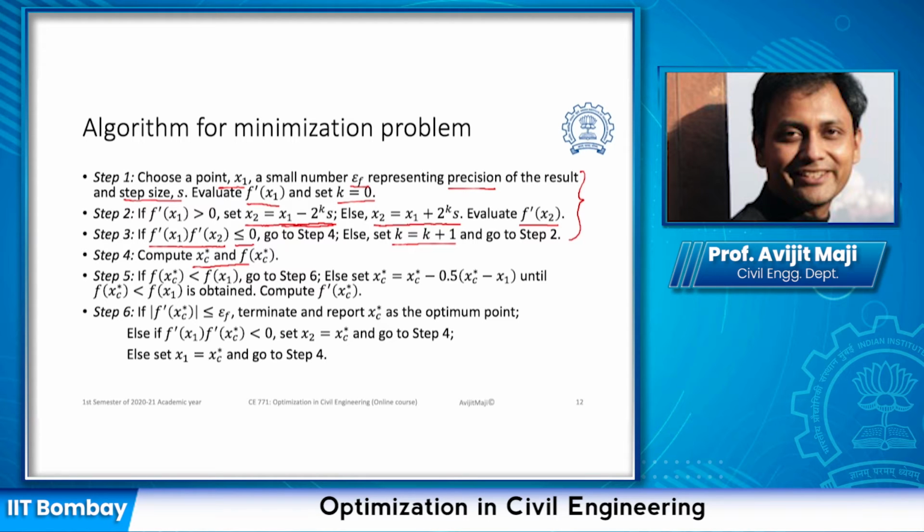Once we do that, we are going to find out the objective function value at that particular point. Then we are going to compare that objective function value with the objective function value of the first point. If we find that the objective function value of the new point is lesser than the objective function value of the first point,